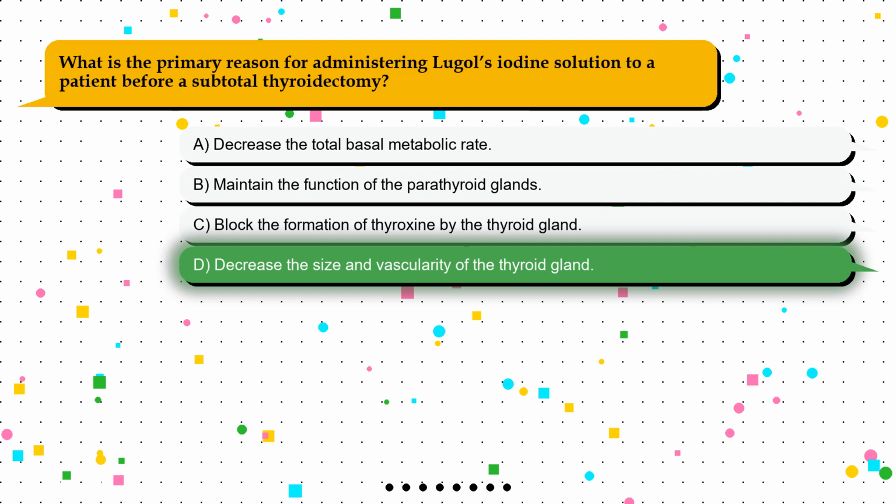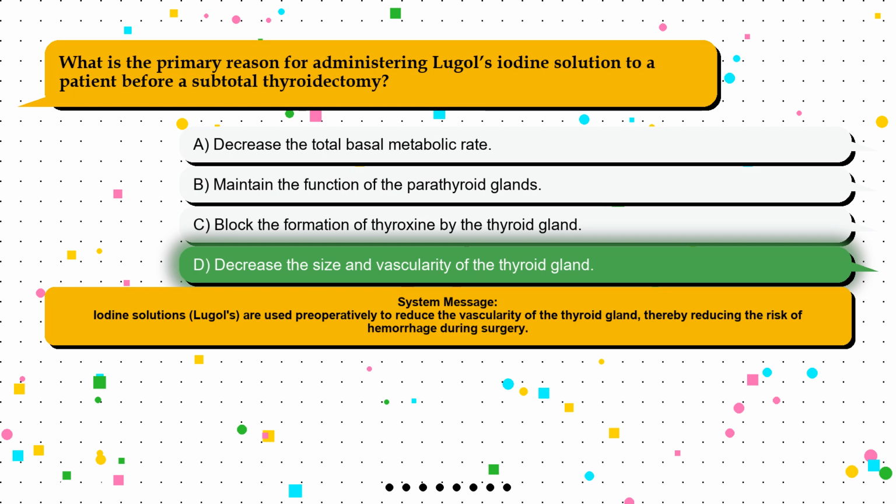The correct answer is option D. Decrease the size and vascularity of the thyroid gland. Iodine solutions, Lugol's, are used preoperatively to reduce the vascularity of the thyroid gland, thereby reducing the risk of hemorrhage